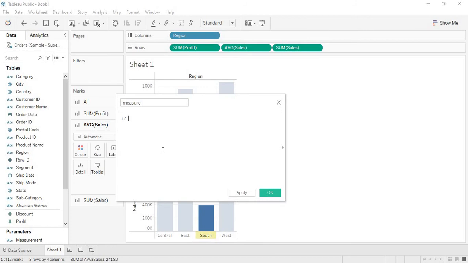So if the measurement is total sales, then we want to provide the sum of sales.